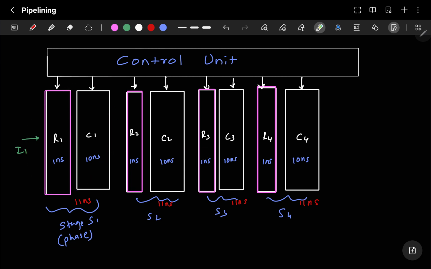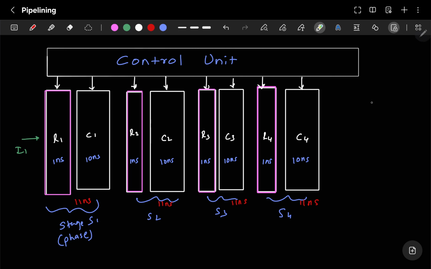You have to set the time period in such a way that at that particular time the data will move, and that timing has to be set in such a way that when that particular instruction finishes execution in that particular phase, at that time only the timer should be set in such a way that data will move to the next phase. Okay,